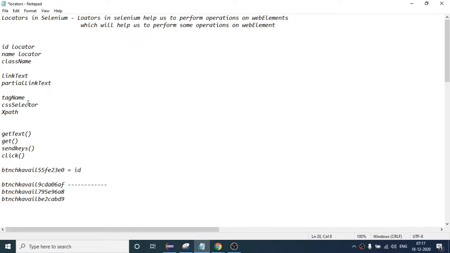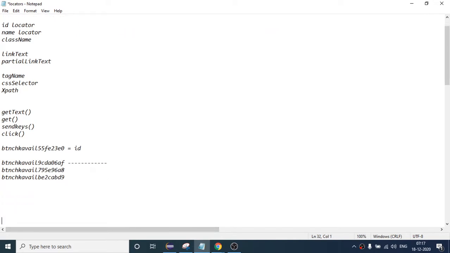So let us see what XPath is. What is the syntax of XPath? XPath is of two types. First is relative XPath, and the second is absolute XPath.